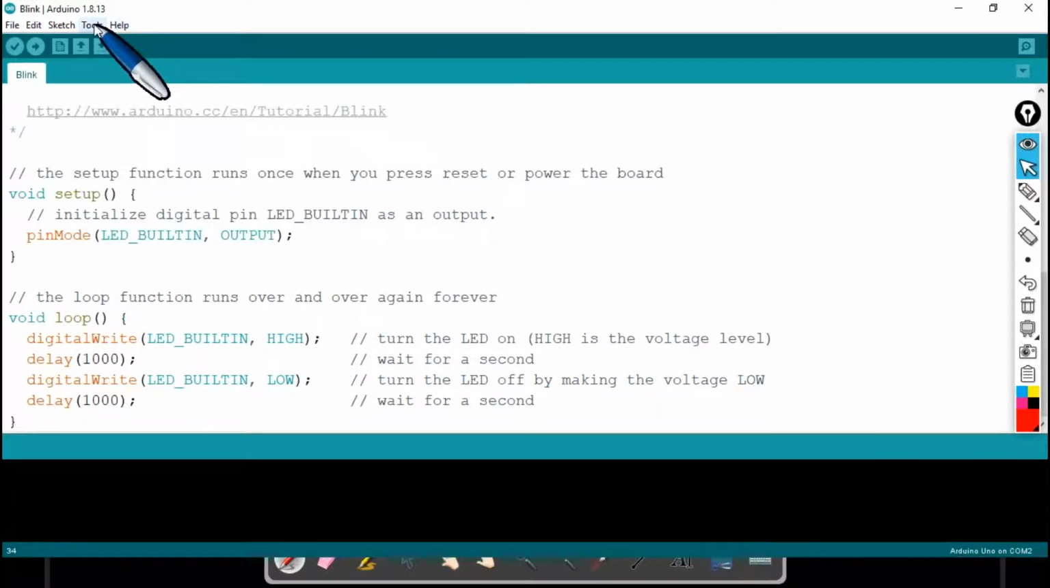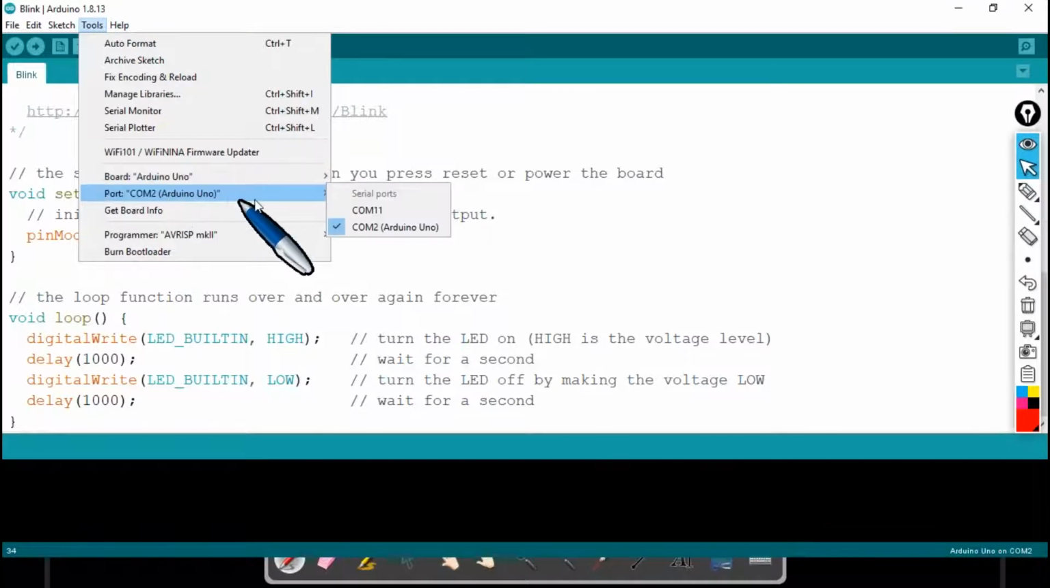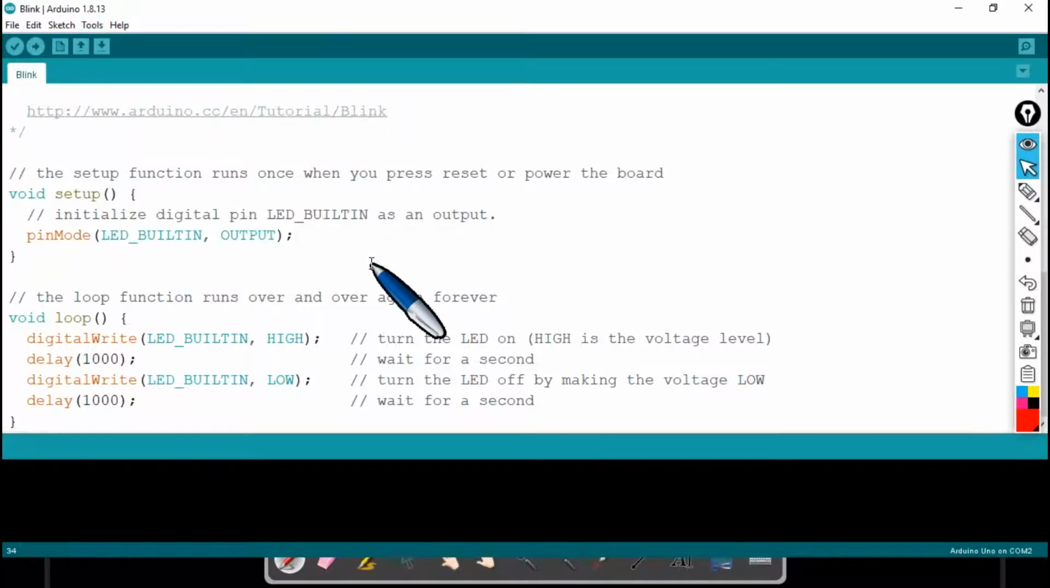We got to select this. After selecting this, you can see that there is a tick mark in front of this COM port. So that's how we can get confirmation that there is a successful connection between our laptop and the Arduino Uno board. Okay. So after this,